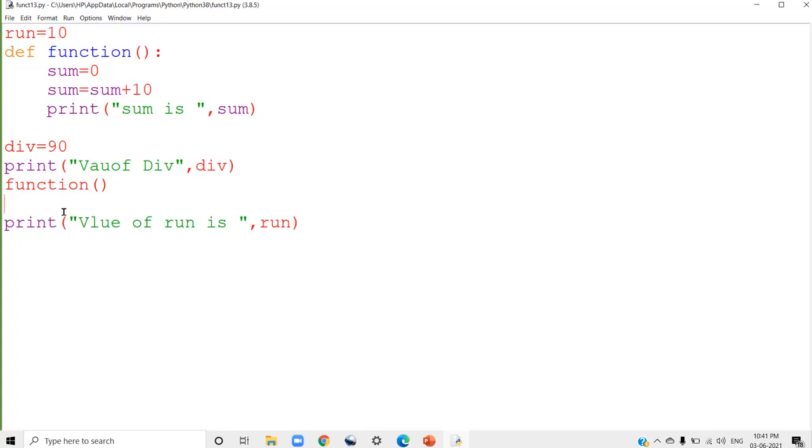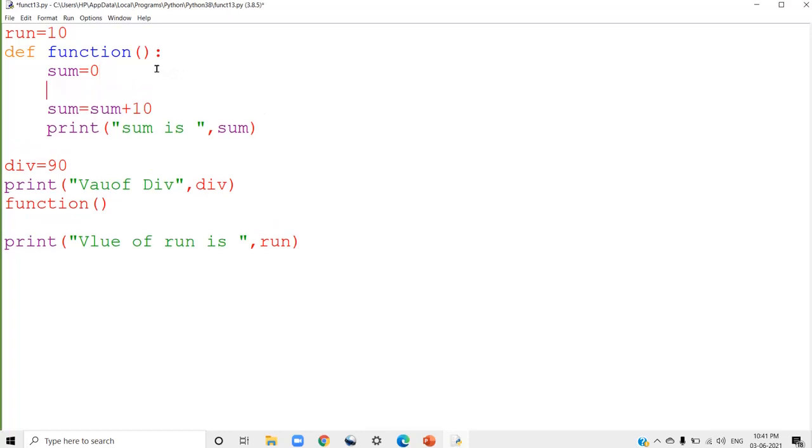Now next thing, you cannot access the local variable outside the function. That is why when I try to display the value of sum here, it is showing the error message. I will give you another example. Instead of sum, I am going to give A equal to 100. A is a local variable. Along with this one, I am trying to display A also. That is inside the function. I will give the message here: This is inside the function.